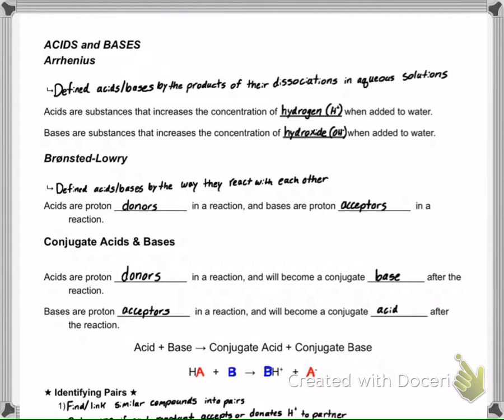To go along with this, you also have something called conjugate acids and bases. And acids are proton donors in a reaction, and they will become a conjugate base after the reaction. And we're going to go through some examples together where we're identifying conjugate acids and conjugate bases. The bases are the proton acceptors, so after the reaction is over, they're going to become a conjugate acid. Okay, so for example,